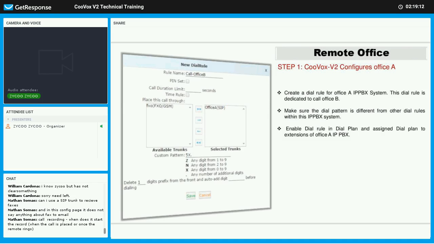For that particular trunk, you need to create a dial plan as well, a dial rule as well. So create a dial rule for the Office A IPPX system. The dial rule is dedicated to call Office B. So this dial rule is used to call Office B. Make sure the dial pattern is different from other dial rules within this IPPX system. Enable the dial rule and dial plan and assign the dial plan to the extensions of the Office A